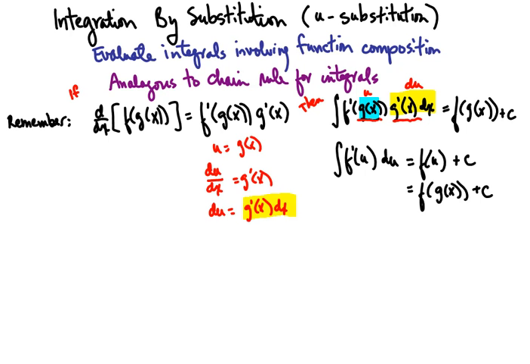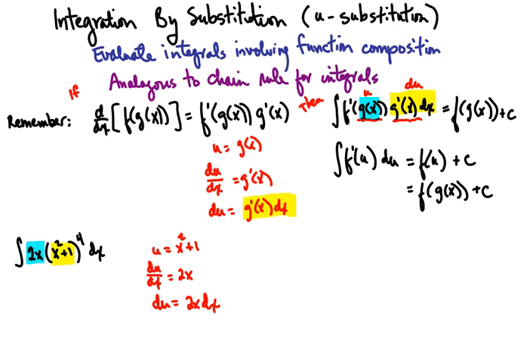So let's take a look at an example. Okay, so let's say I start with the integral of 2x times the quantity x squared plus 1 to the 4th power. Now I have function composition, and the inside function is x squared plus 1. And furthermore, the derivative of that inside function, which would be 2x, shows up on the outside. And it has to be multiplied times the function composition. So when I have that, I let u equal the inside function. I find the derivative of that, solve that for du,